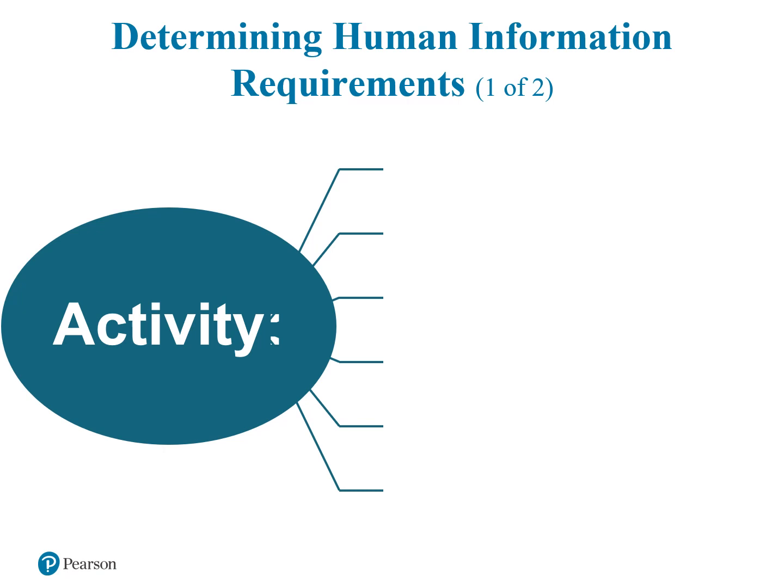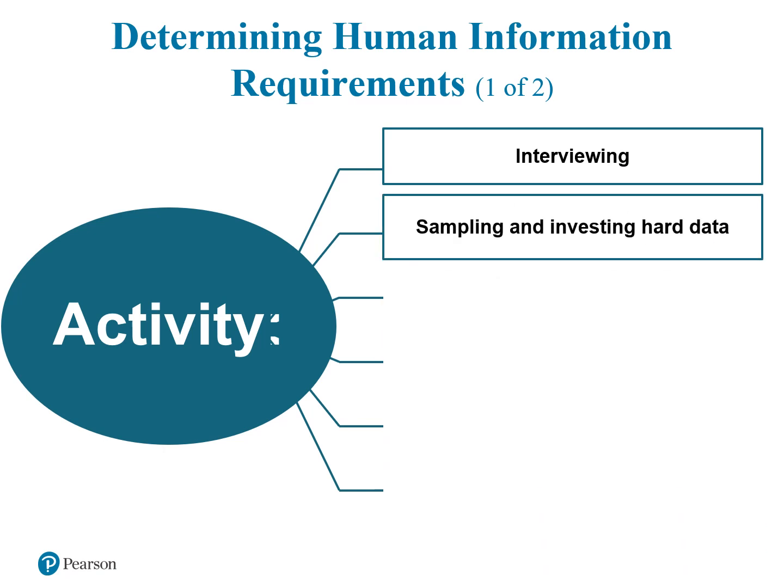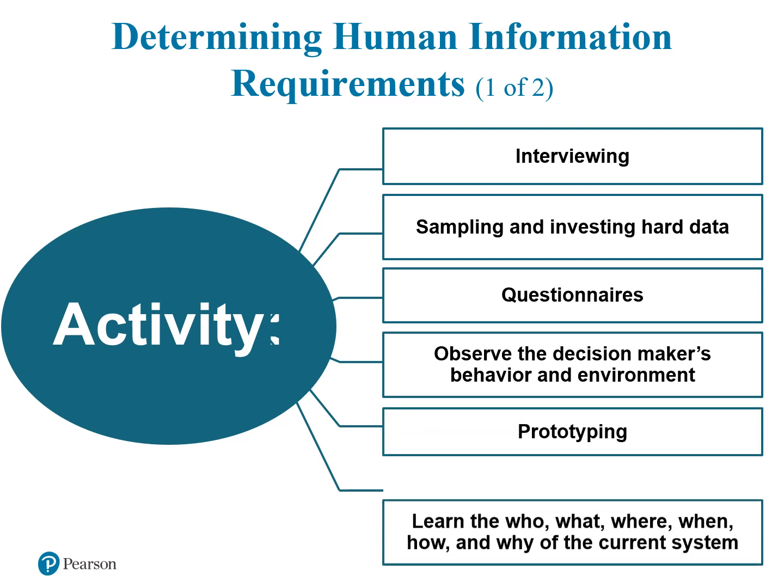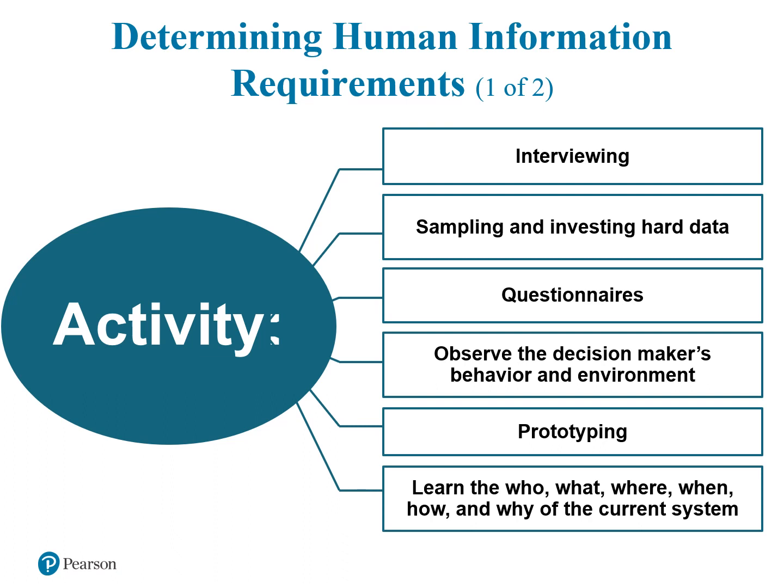This slide is just to recall what we mentioned and discussed in the introduction of this chapter, when we identified the activities that we can do in this phase, determining the human information requirements: interviewing, sampling and investigating hard data, questionnaires, observing the decision makers' behavior and environment, prototyping, and learning the who, what, where, when, how, and why